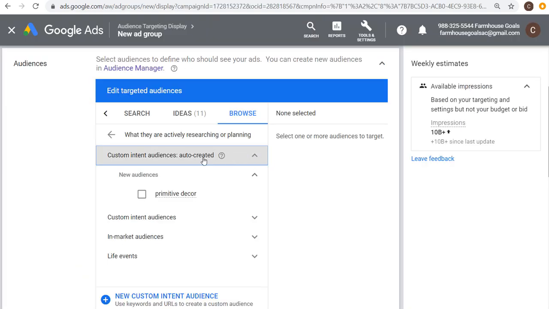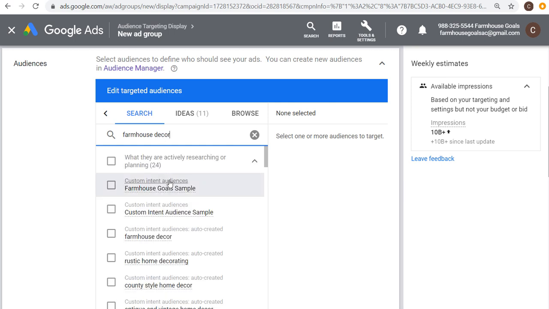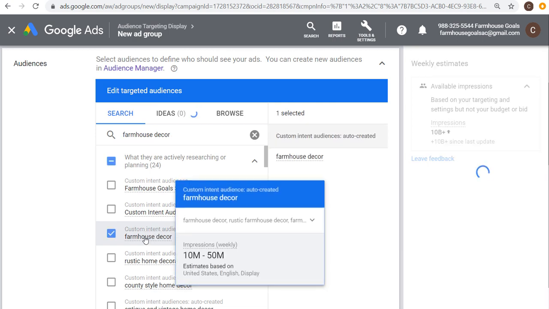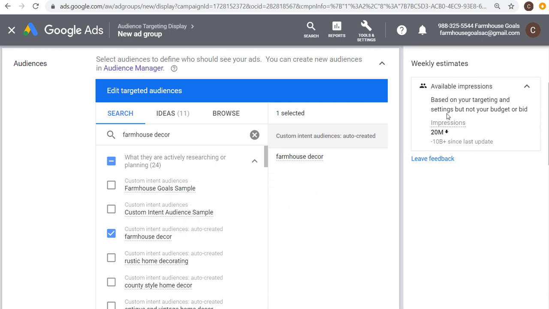So if you're looking for more auto-created custom intent audiences, one of the things you can do is go to search, and right under search, I'm just going to enter farmhouse decor. And at the very top, you're going to see the custom intent audiences that I've created. And then as we come down here, this one is auto-created, so farmhouse decor. So what you can do is see it's going to be based on these different keywords: farmhouse decor, rustic farmhouse decor, home decor, kitchen decor, farmhouse style kitchen decor. So it's an auto-created custom intent audience based on these keywords. What you're going to see here is 20 million weekly impressions. Really isn't a lot, so you're going to be able to reach a pretty targeted audience using either these auto-created